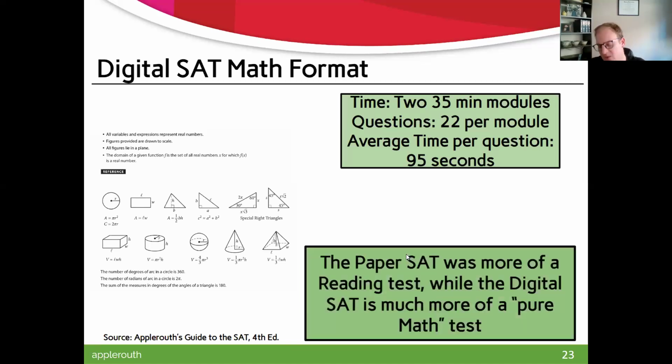The old paper SAT was very verbal heavy, so even on math, you had a lot of word problems, and now we don't have that as much. I think they want a lot more foreign students with English as a second language to take it, right? So now the math is a lot more approachable for them.